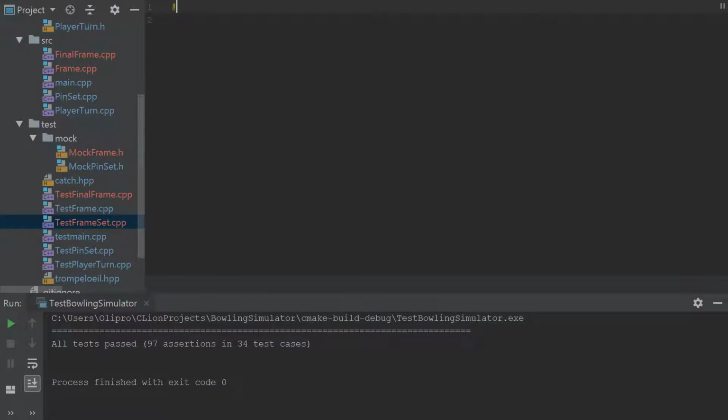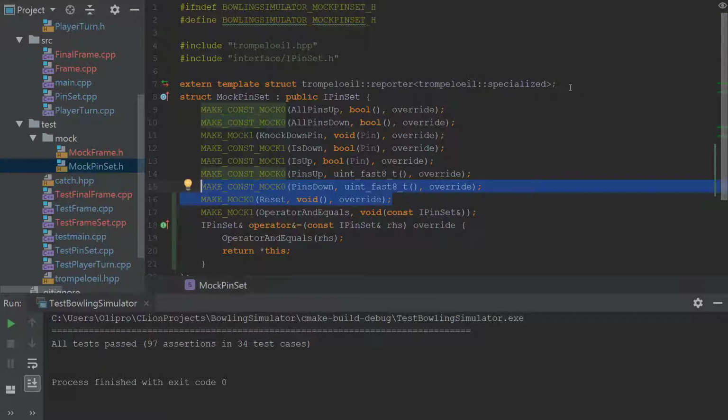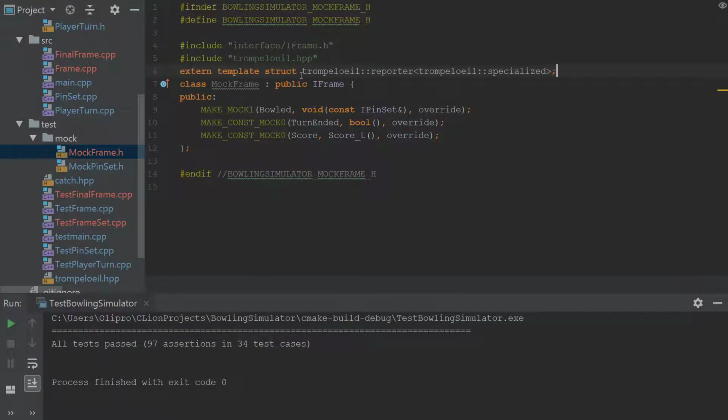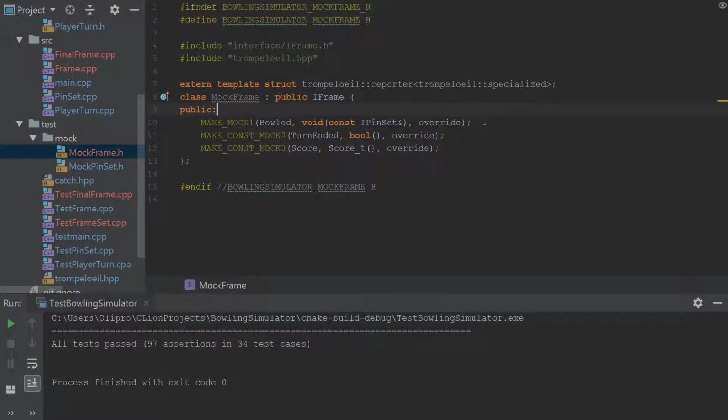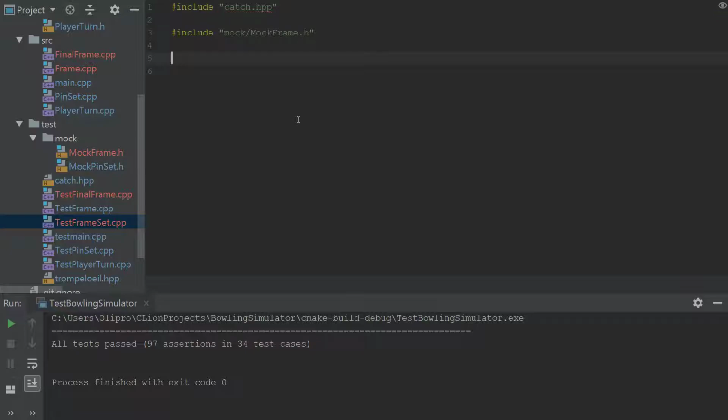So we catch. Need our mock frame, which I'm sure it's trying to do for us. We do need that lovely extern statement, where I ain't gonna link. And then that should do the trick. So, look at that. Right now, test frame set, we need a scenario. So, scenario,